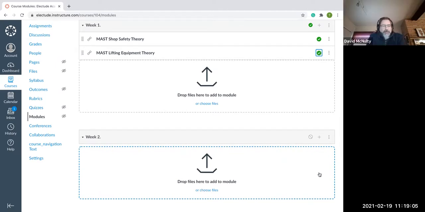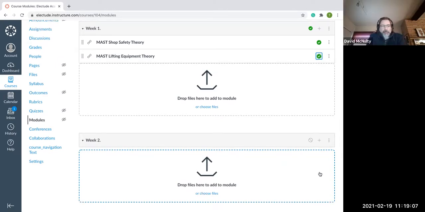I would have to see it firsthand. I can't imagine why that would be, because that should just show up there. If he was drilling down all the way to the modules, then of course he would have to click on the modules tab to be able to see that load as LTI link. The other thing is that when you build a course, if he did that outside of the integration,